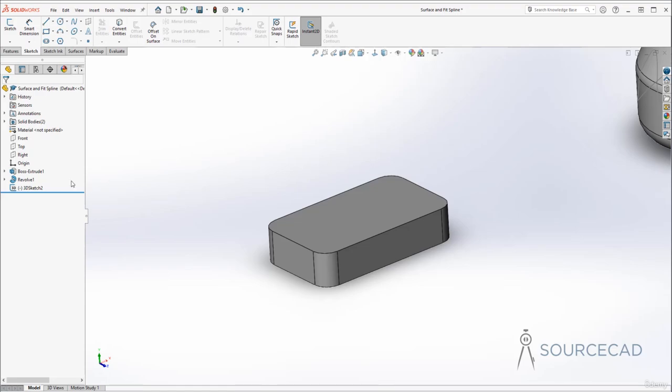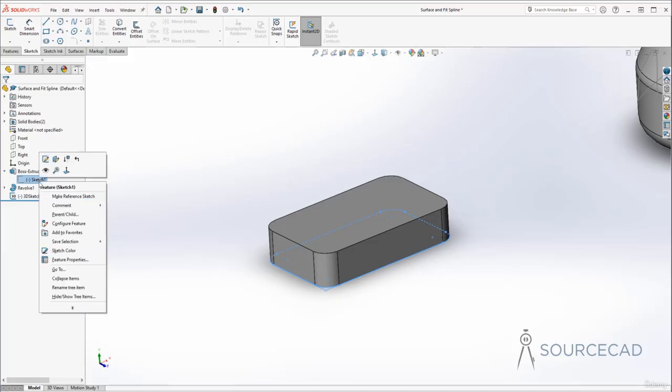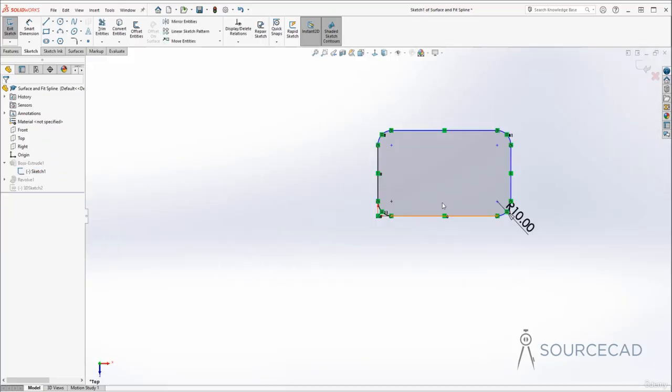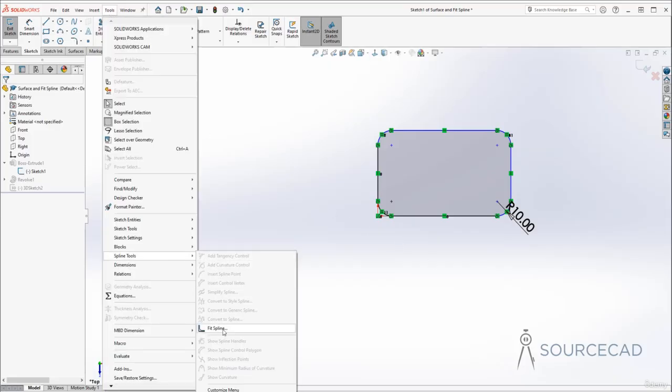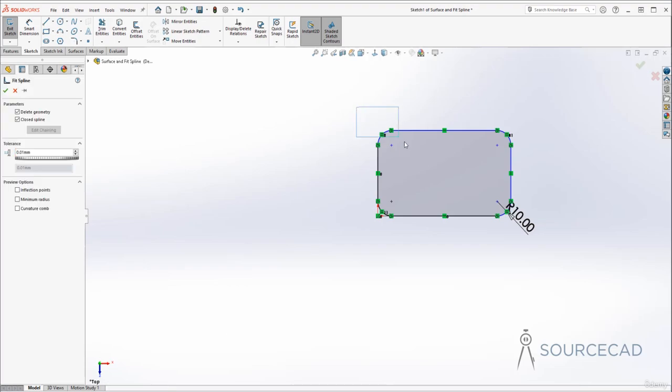Now to do that, I will go to this boss extrude feature, the first one which created this thing, and I'll expand this and select the sketch which we used for creating this. Now let's go to edit sketch, and here as you can see, we have a rectangle where we've added 4 of these fillets. Now instead of fillets, I will convert this complete geometry into a Fit Spline. So let's go to Tool, Spline Tool, and Fit Spline. Now with this selected, I'll select this entire geometry, and now this will convert this entire thing into one single